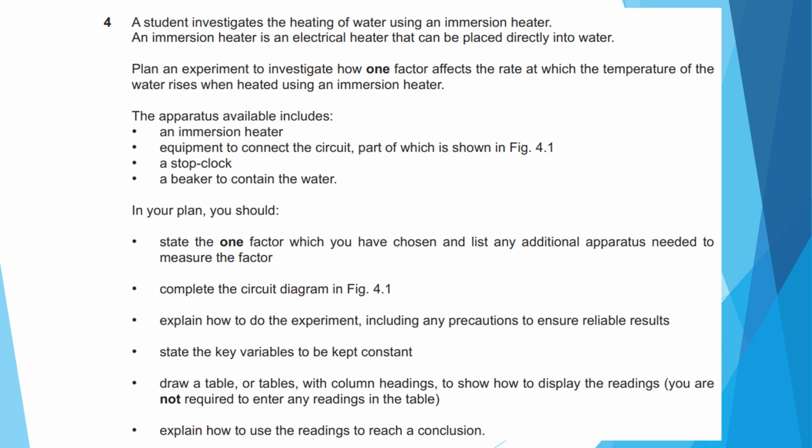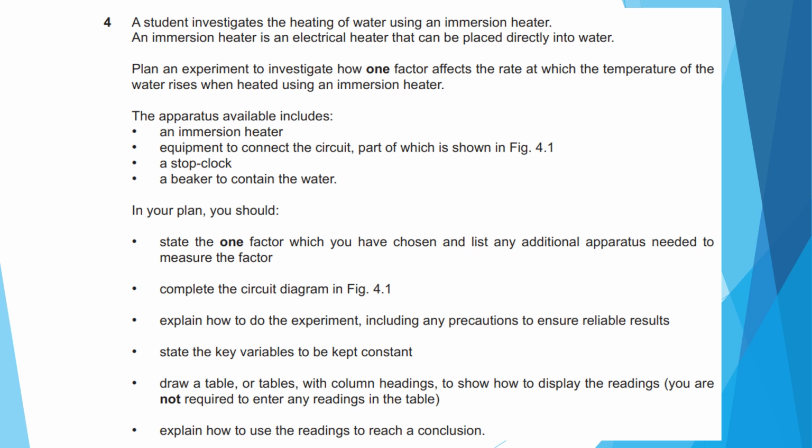Explain how to do the experiment is a common type of question in the fourth question in many past paper questions. So for this part, you need to keep the heading as method of the experiment. For every bullet that is mentioned in the question paper, we have to clearly keep the heading and write the answer. Circuit diagram, you have to write a circuit and draw that. Actually, it is given in the question paper, so we will complete there. And the third bullet point is explain, means we need to keep the heading as method and we need to write all the